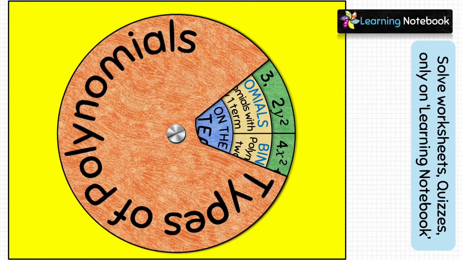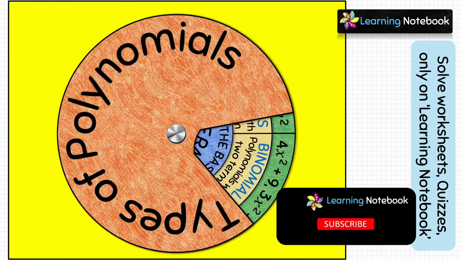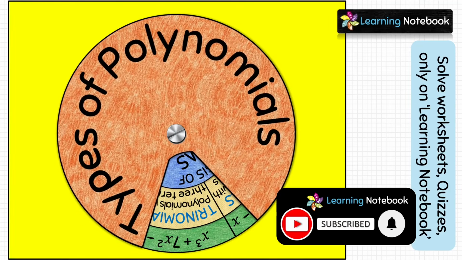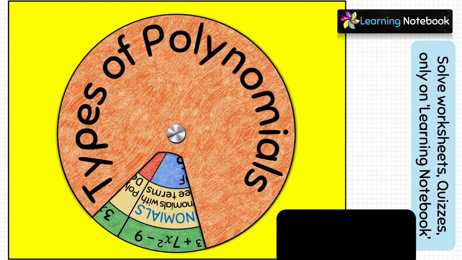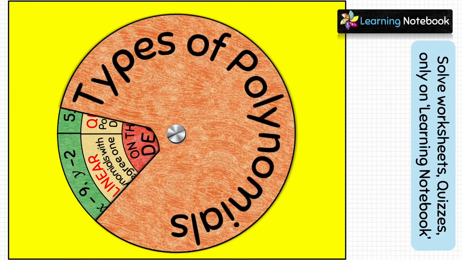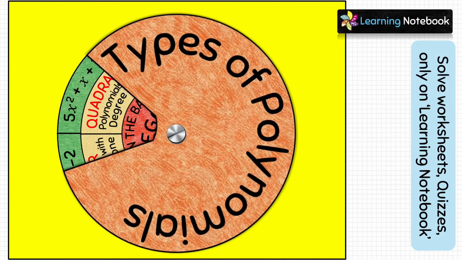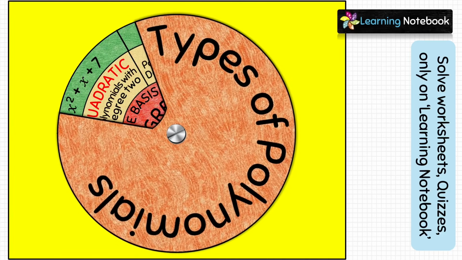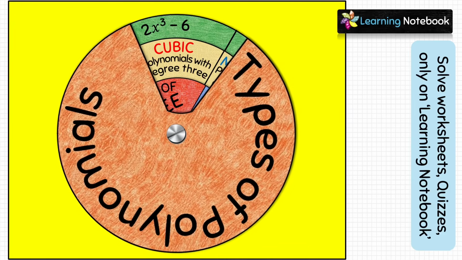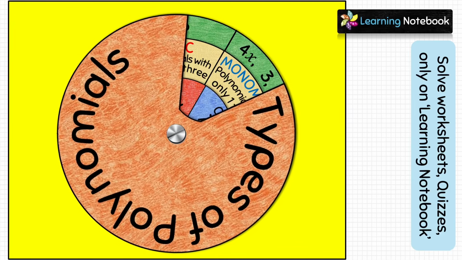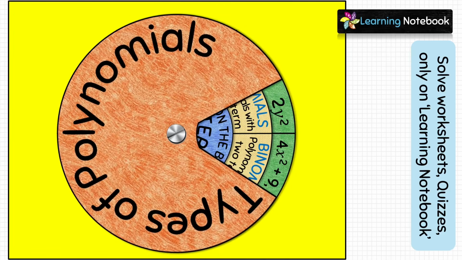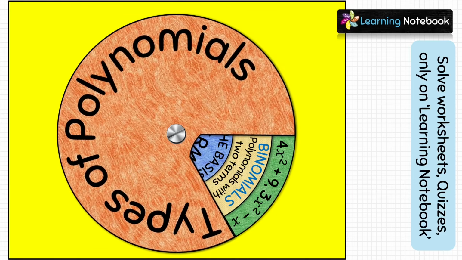So students, now our working model to learn types of polynomials on the basis of terms and degree is complete. If you are a teacher, this working model will certainly help you to teach students the concept of types of polynomials in a fun way. You can also play a puzzle by rotating these yellow, green and red and blue circles. And if you are a student, this activity is very useful for you to make Maths Art Integrated project on types of